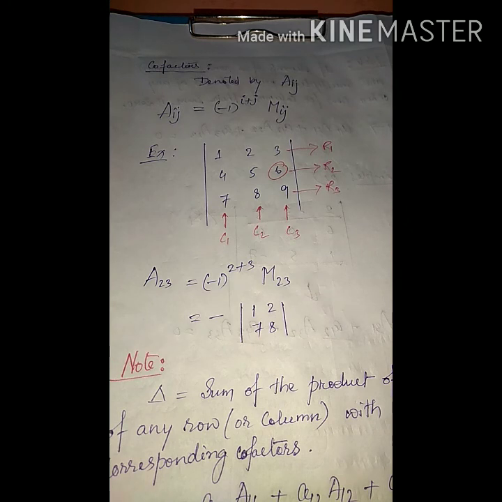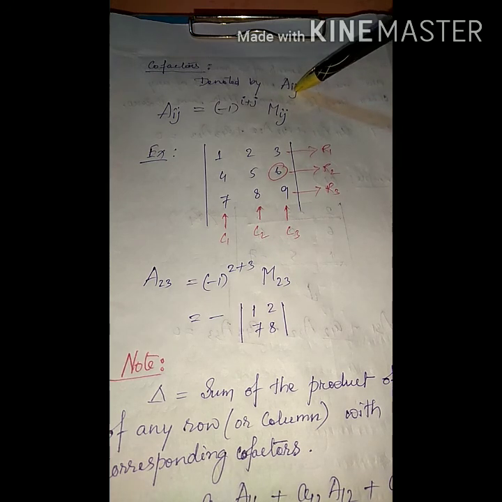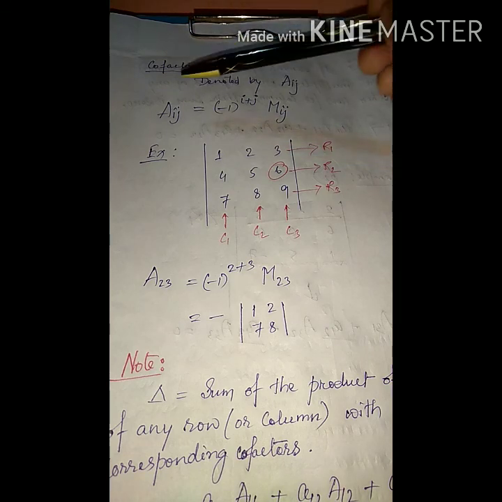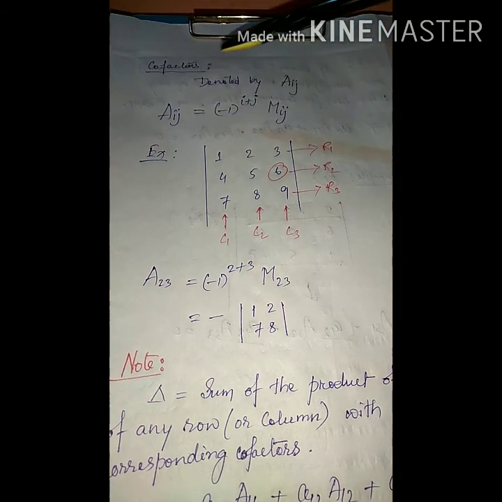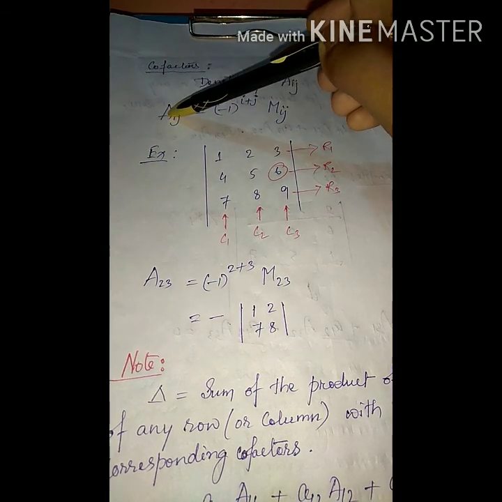Now the next one is cofactors. First of all, if you see the cofactors, like minors, easily we can identify the cofactors also. The general form of the cofactors is denoted by capital letter A, and Ij, all of you know, I is the number of rows and J is the number of columns. And the general formula of the cofactor is what? Aij. And according to our formula, -1 is the fixed formula, and I plus j.